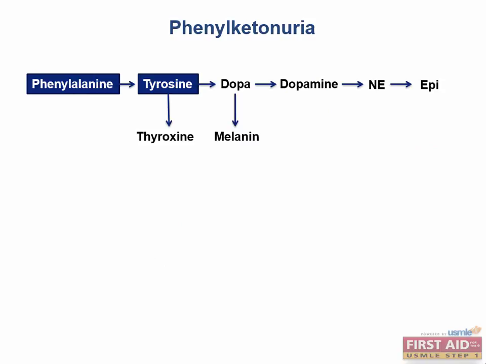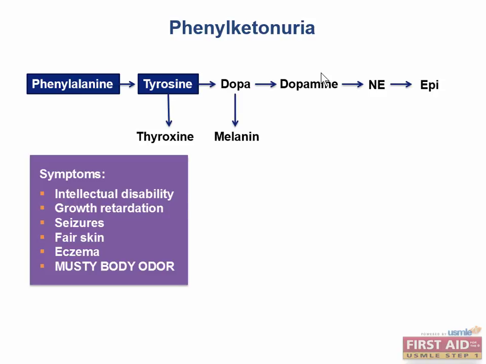Thinking back to our discussion on catecholamine synthesis, we've already seen this figure. Phenylalanine is converted into tyrosine, which can then be converted into our catecholamines. But also, without tyrosine, you cannot produce thyroxine or melanin. Consequently, patients with PKU will have intellectual disability, growth retardation due to the lack of thyroxine, seizures, fair skin due